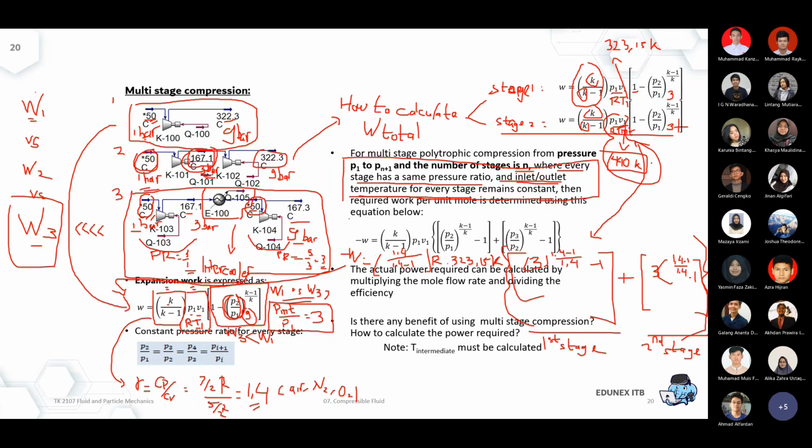Okay, so just directly looking at this correlation, I would say that the second stage now will consume power at least 25% more compared to the first stage because of the hotter temperature. Okay, because it's a linear correlation, right? The first is multiplied by 320. Now the second one has to be multiplied by 440. So just looking at this number, it's safe to say that the second stage now will consume at least around 25% more power, even with the same pressure ratio.